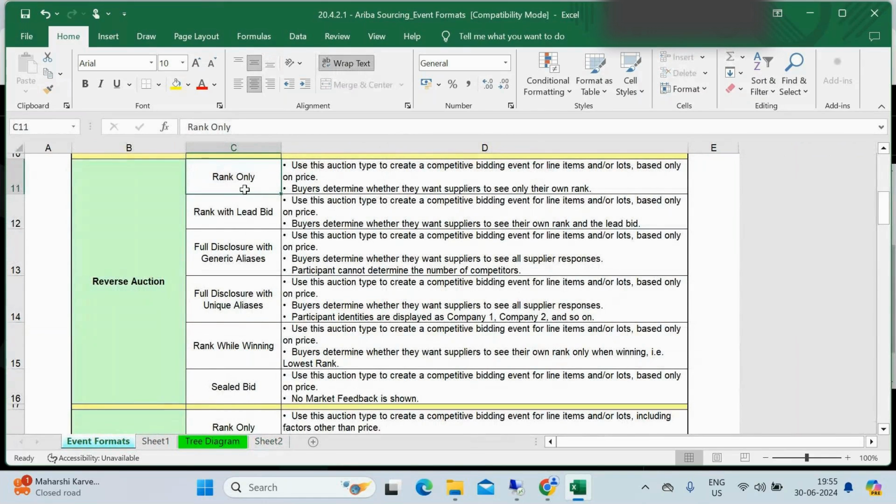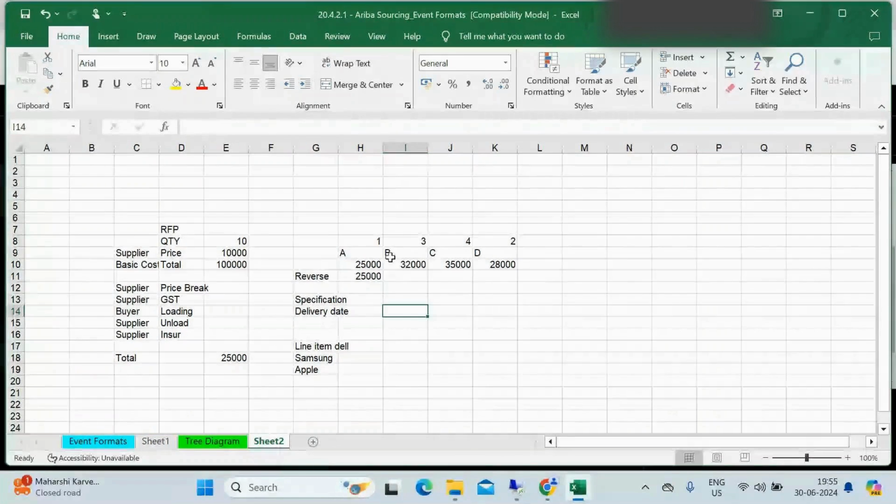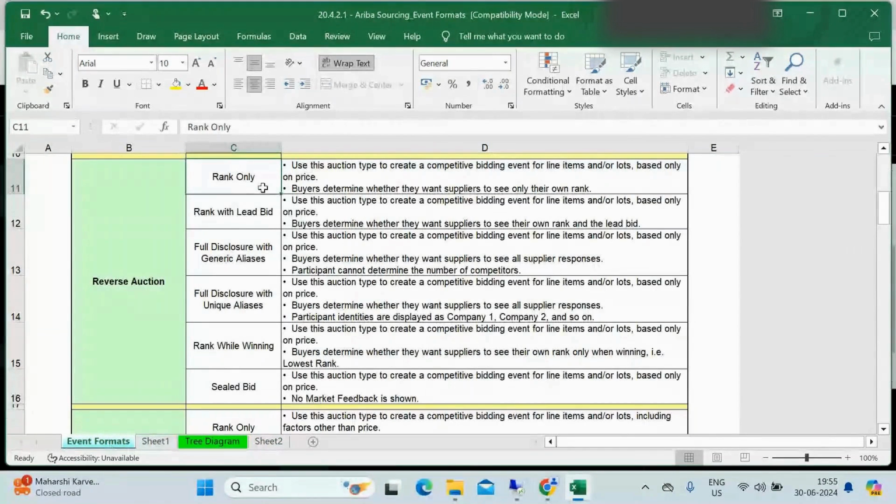Suppliers will check only their rank. We will not show their prices to suppliers. This is hidden from all the suppliers; only we as the buyer are going to see it. They can check only their own rank, so they will understand whether their price is L1, L2, L3 or L4. We are showing them only their rank, what they want to see.